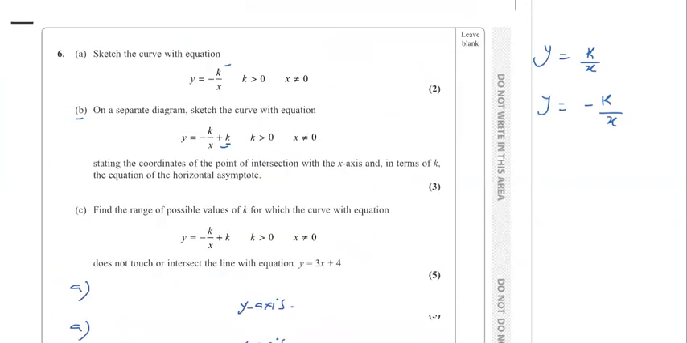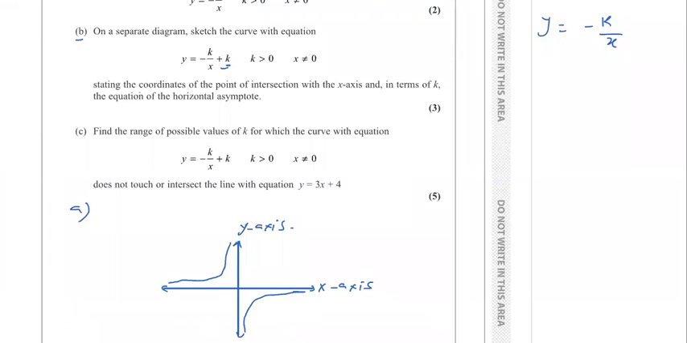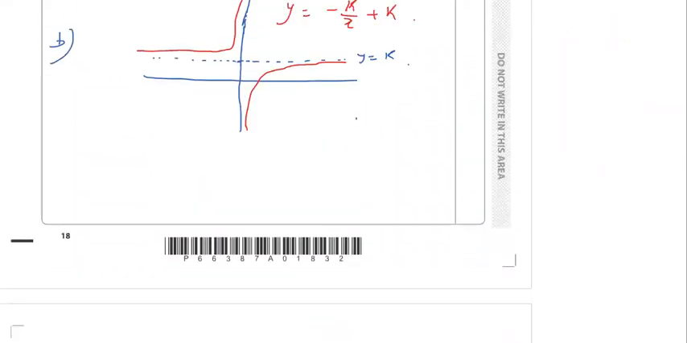Part C, and this question is also stating the coordinates of the point of intersection with the x-axis in terms of k, and the equation of the horizontal asymptote. To find that, I will just come to this equation. To find the point of intersection with the x-axis, I need to put y is equal to 0. So putting y is equal to 0 in this equation, minus k over x plus k,